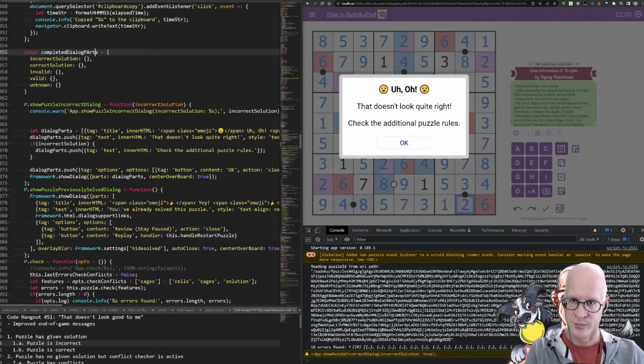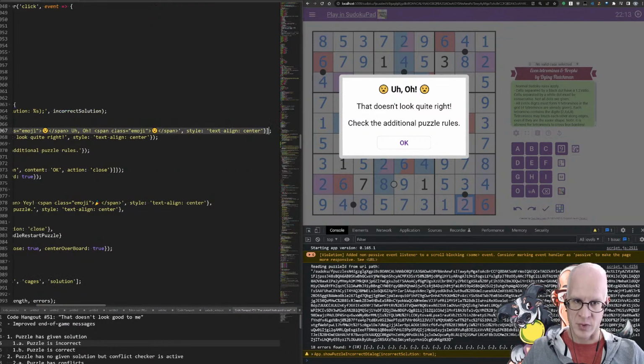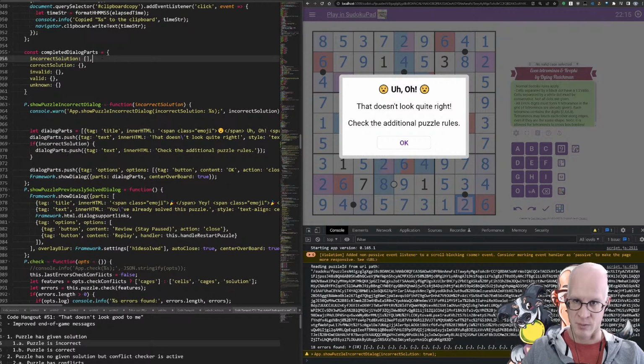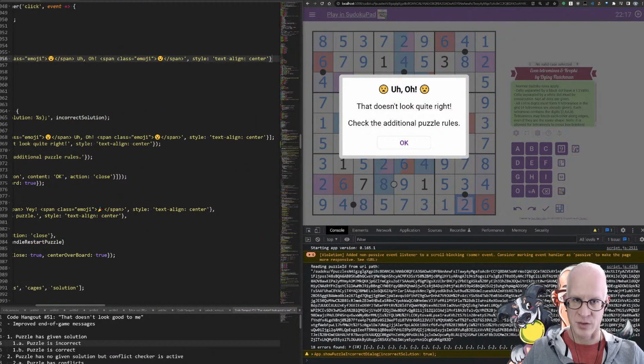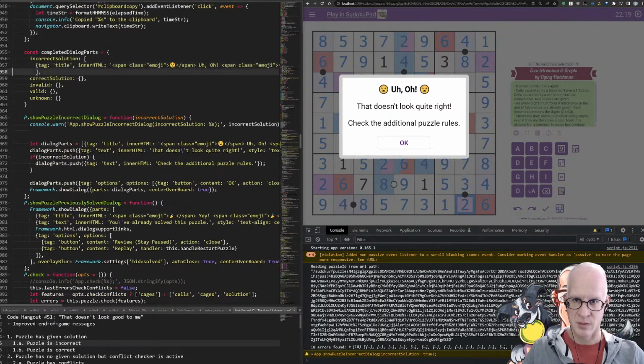Parts. All right. And each one is an array of parts. So right now we're looking at incorrect solution. We have a solution, but the solution is incorrect, or the puzzle is incorrect.